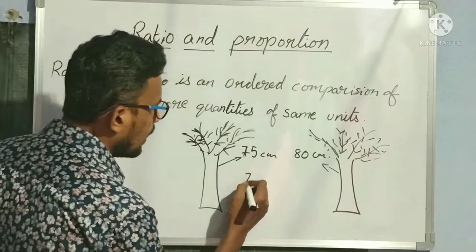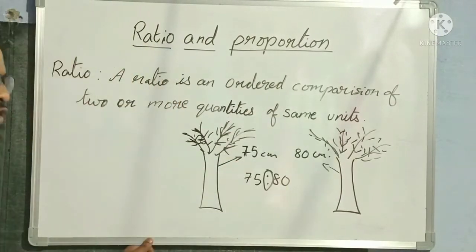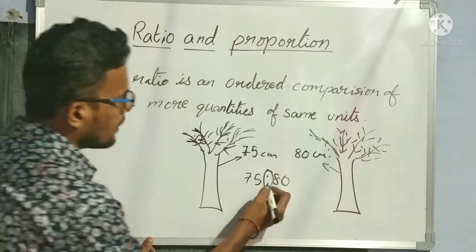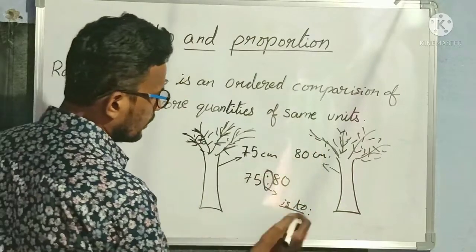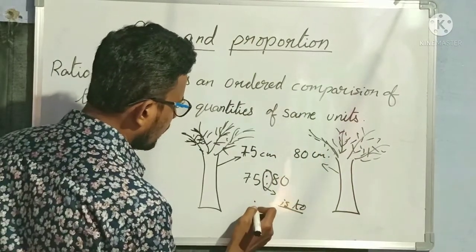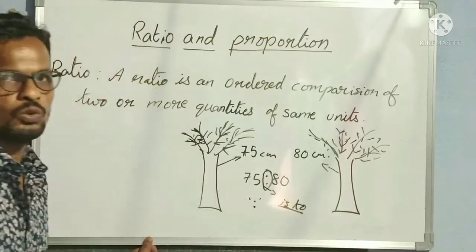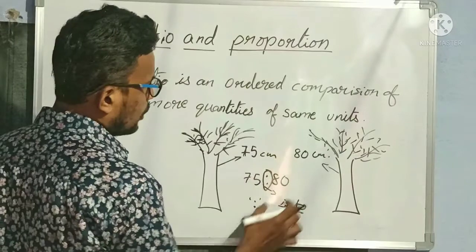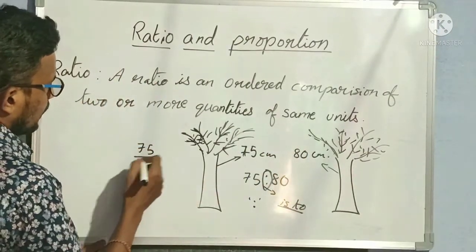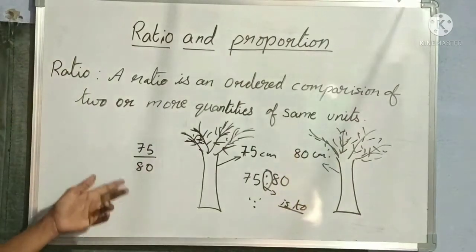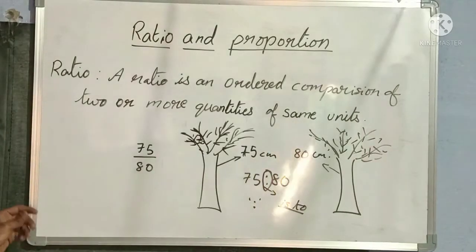See here, the symbol I am using in between represents the ratio, and this is read as "is to". What is this symbol called? Two dots, one dot above and one dot below. Now I have to find the ratio of the heights of the two coconut trees. In general, we can do division of the first term by the second term. This is the ratio.